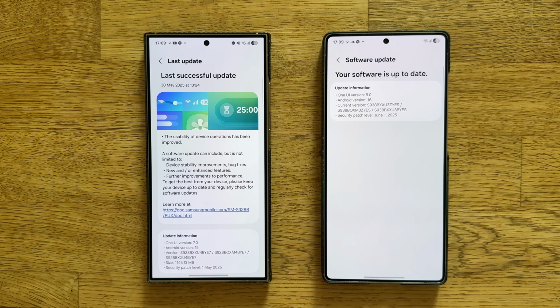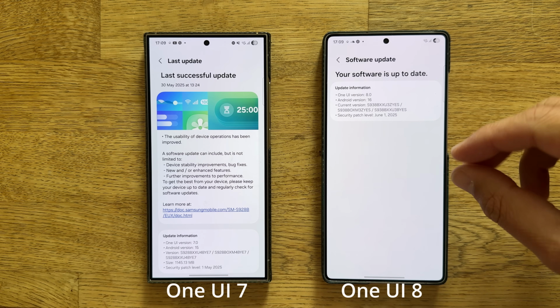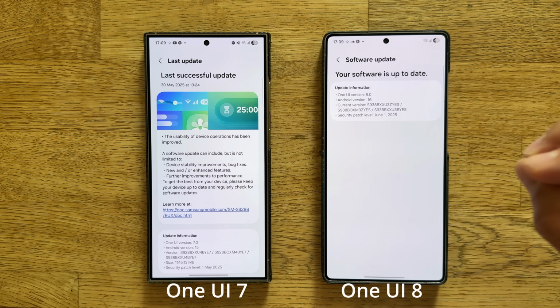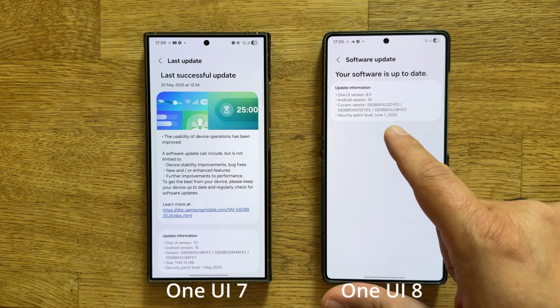S24 Ultra running the latest stable One UI 7 May update. I think I got 2 updates in May. The version here is ZYES. This thing here is the S25 Ultra running the 6th test firmware, what is now considered to be very soon the official second beta of One UI 8 with Android 16, and the version is